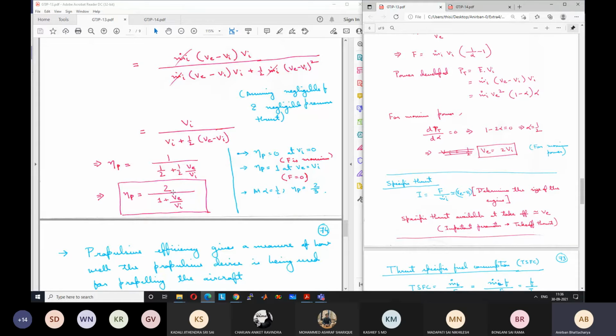Okay. So for passenger aircraft, what do we want? Our aircraft is flying at a certain velocity, Mach 0.9. So you want your exhaust gas velocity to be as close to that aircraft velocity as possible. You want your exhaust gas velocity to be much lower. And that is why, as we will see later, the turbofan engine was developed.